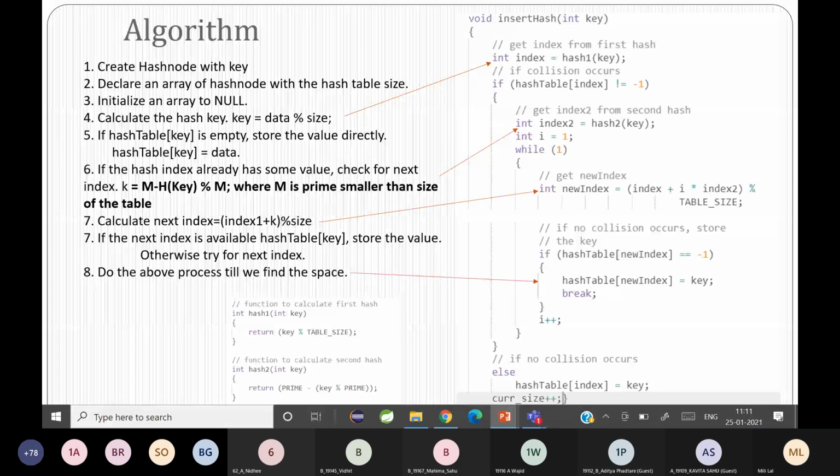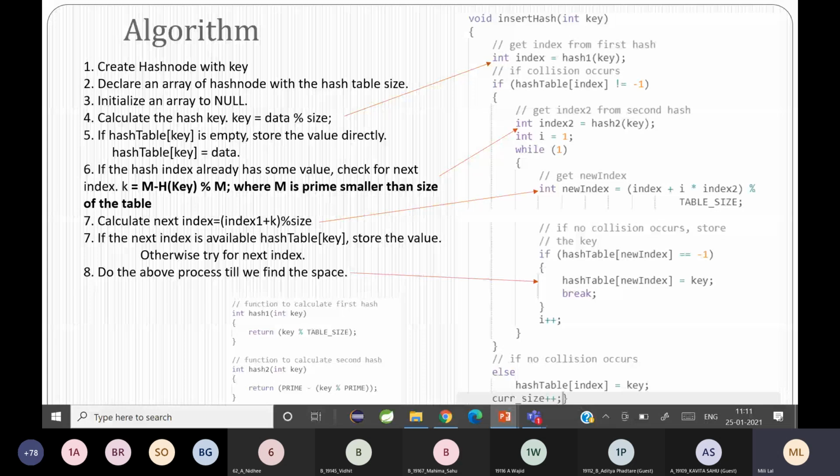Create. Like you can see, you create a hash node, then you initialize everything either with -1 or null, and then you calculate the hash 2 key also. So you can see at the bottom the hash 1 and hash 2 calculated. Hash 1 is key modulo table size, and hash 2 is prime minus key mod prime. This prime is already given in the header file.